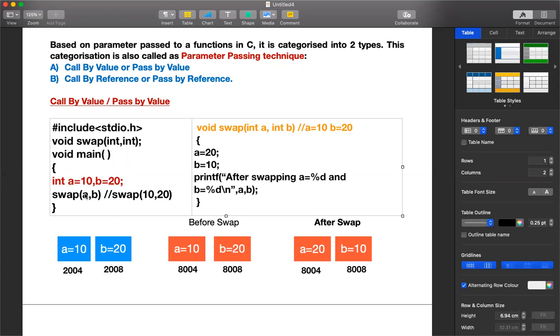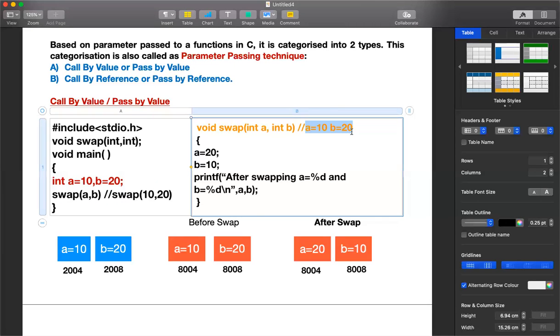Now these values, 10 and 20, are copied and sent to the function definition. Now you can see that another pair of variables, a comma b, has been created, and these we call formal parameters because they have been received by the function definition. Since we are sending 10 comma 20, it has copied the values 10 and 20 into a comma b.